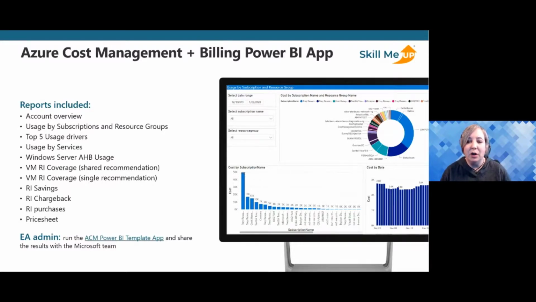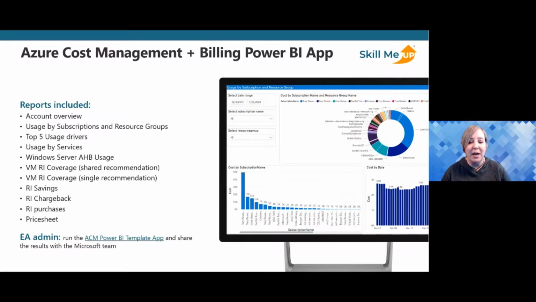That just showcases the top 5 resources or workloads that might make more sense to pay attention to. You can also think about using the Windows Server Azure Hybrid Benefit Usage Report. This will show the number of virtual machines that had the Azure Hybrid Benefit enabled. It will also show a count of cores per vCPUs used by those virtual machines. The report will identify Windows VMs where the Hybrid Benefit is enabled and there are less than, say, 8 vCPUs, as well as where the Hybrid Benefit is not enabled and you have 8 or more vCPUs on the server itself. So having this information becomes helpful to fully utilize your hybrid use benefit.